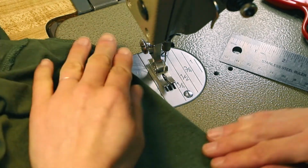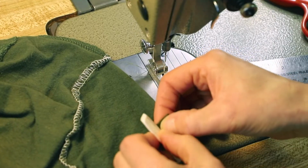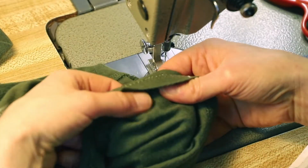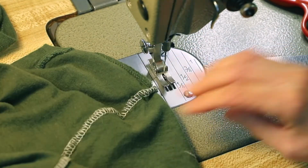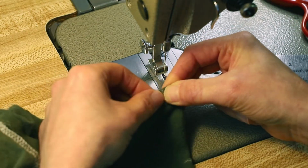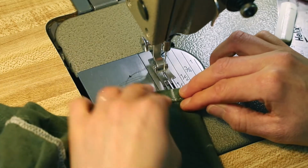So there we go, and then we'll take our ruler and our chalk and mark 1/2 inch on either side. I'm also going to look at the mark that we made on the inside of the sleeve where I want to stop and transfer that mark to the inside of the shirt. There we go. When I sew this, I'm going to want to start on the sleeve edge, that way I can be sure that I get it nice and lined up and that my edges are nice and flush. So we've got to add roughly a 1/2 inch. Then we want to make sure we get them perfectly flat together, and then we'll put that under the machine,